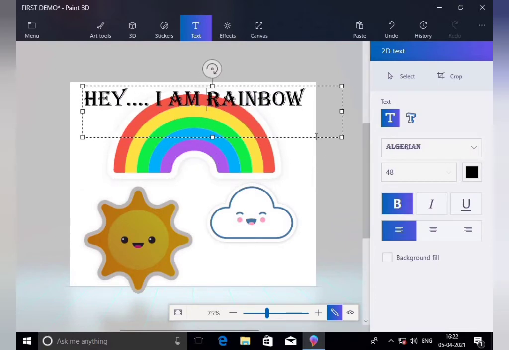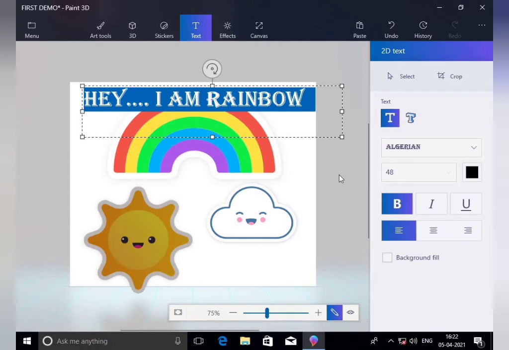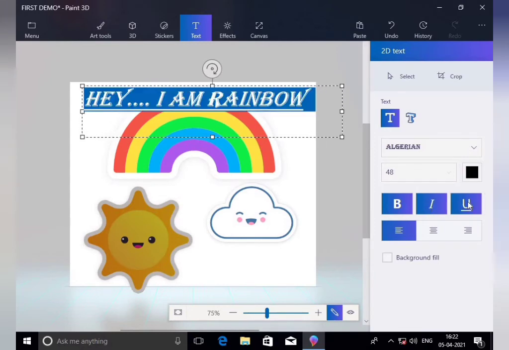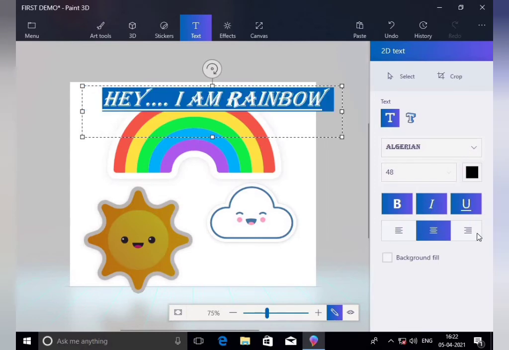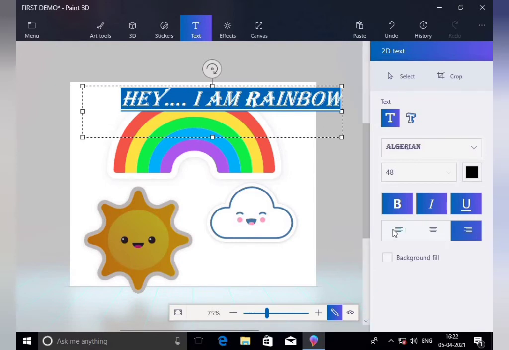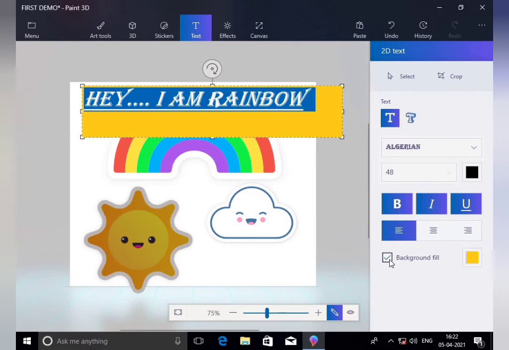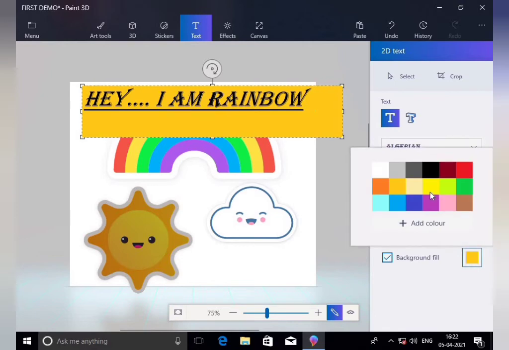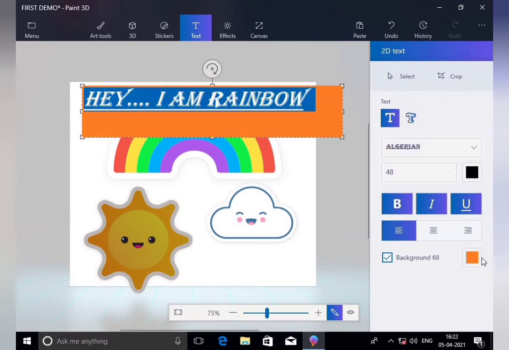Now for example, Control A, italic, underline, middle, alignment right, alignment left, background fill. So choose a background color that you want, right?